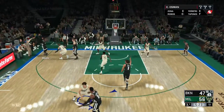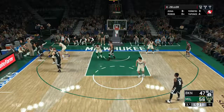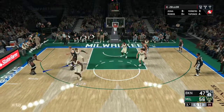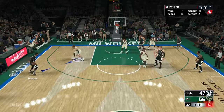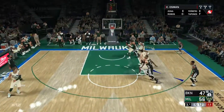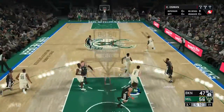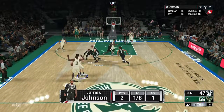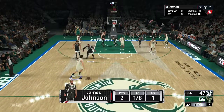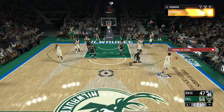Lopez a screen. Johnson outside. From deep. Rebounded by the Bucks. You know, Kevin, this team is struggling a bit right now. I hope he can find his rhythm and start making his shots out there soon. Otherwise, ...